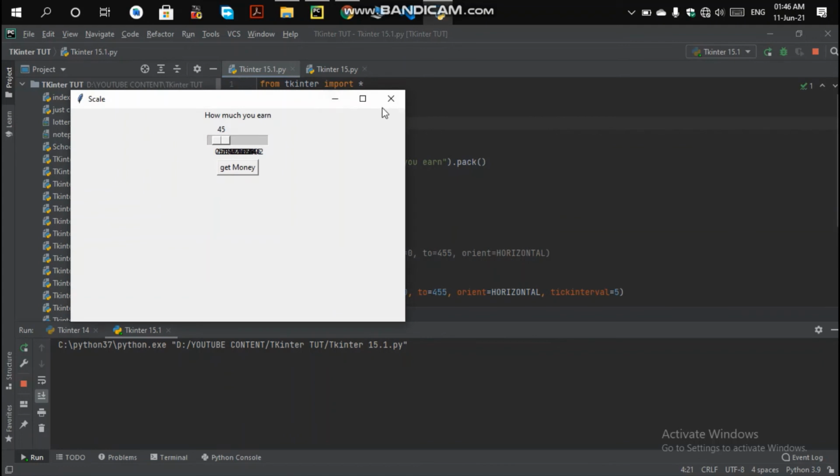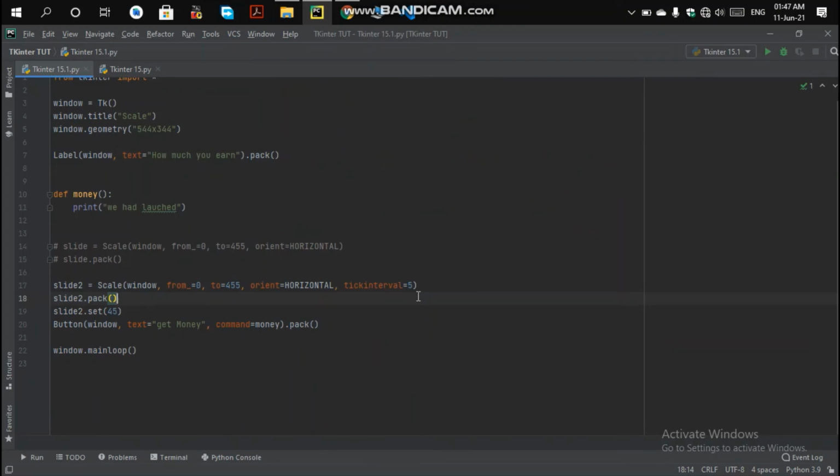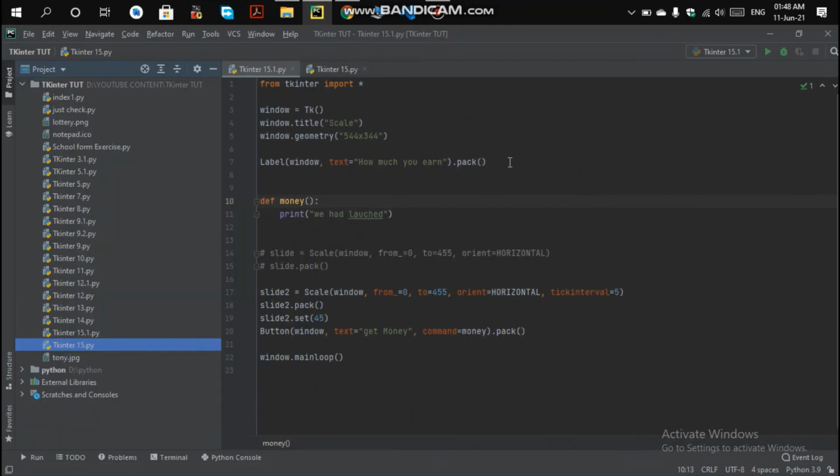That is, you can get the value, and in the next method we'll be displaying what value you have selected using the get method. We can also try another method to get the value we had set.